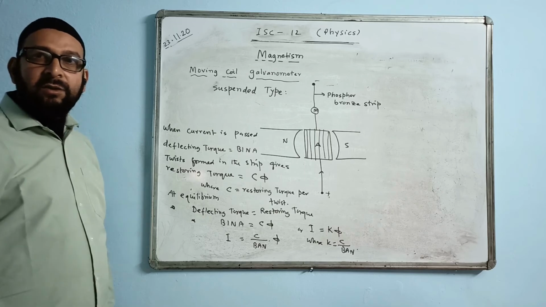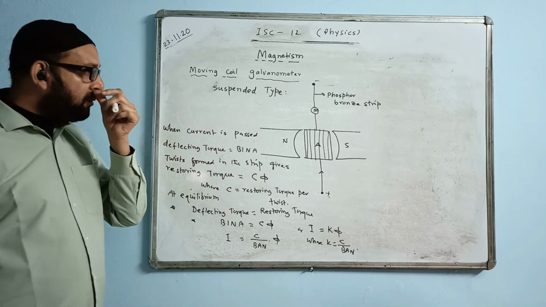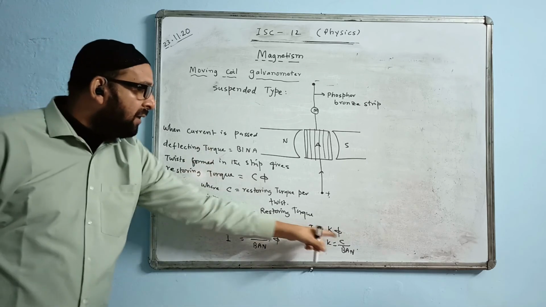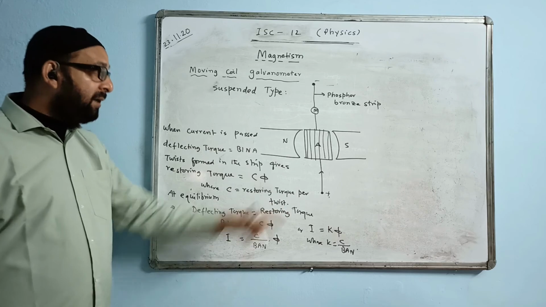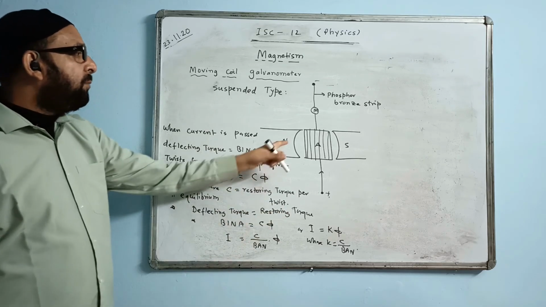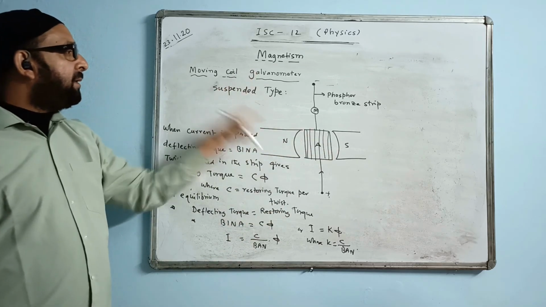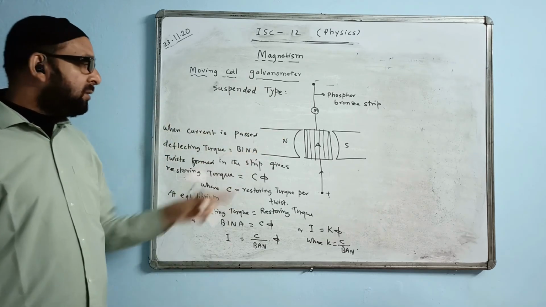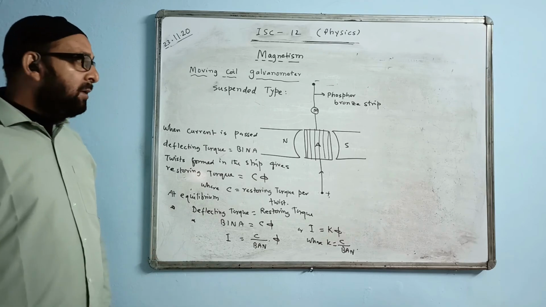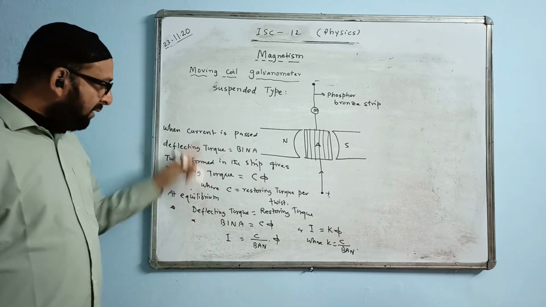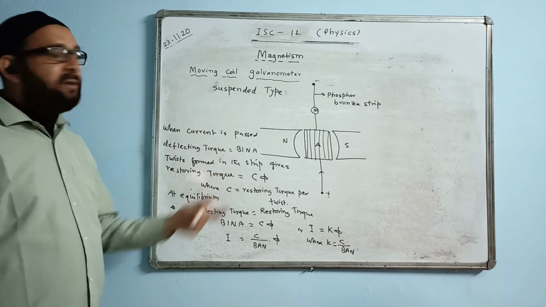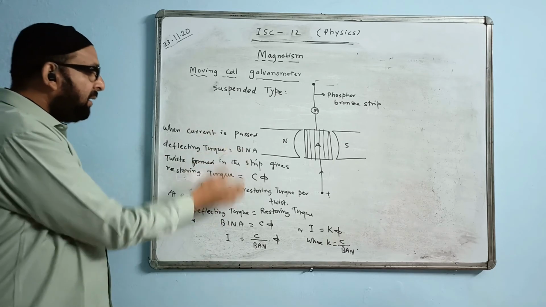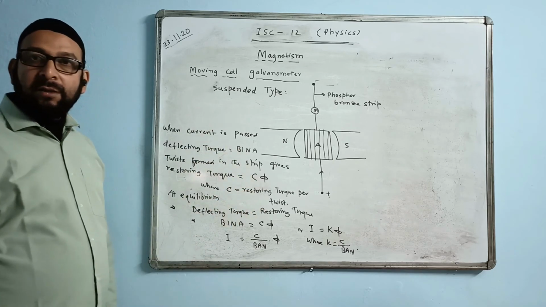Nothing much in detail you have to know. Just draw the diagram, they ask you to draw the diagram. The key point here is the derivation: I is proportional to phi. This is mentioned in the syllabus, so we will be writing that. And why the pole pieces of a moving coil galvanometer are cut or ground concave, the reason I already gave. That reason is important. And the derivation comes like this: deflecting torque and restoring torque we make equal. That is the idea. The rating part is not much. BINA and C phi we just make equal, and we have the answer coming.